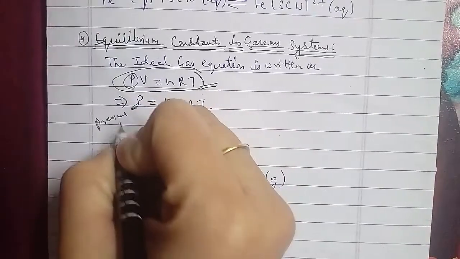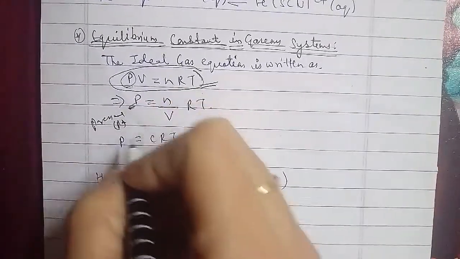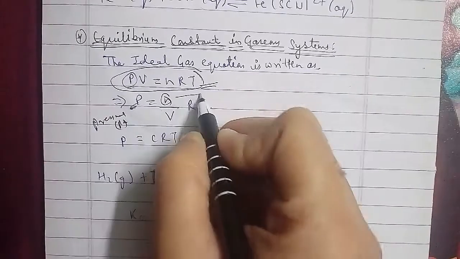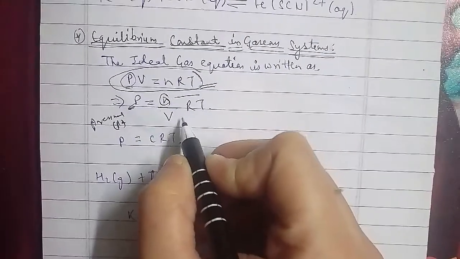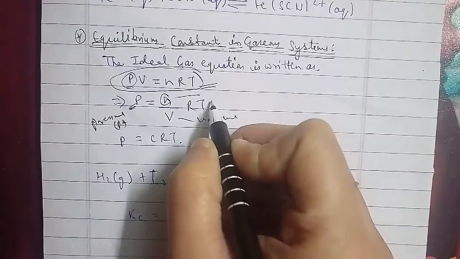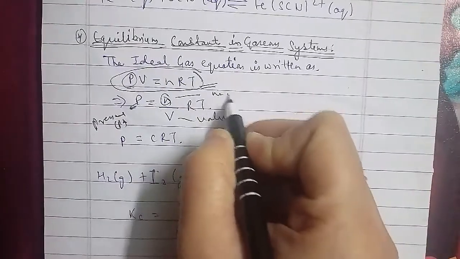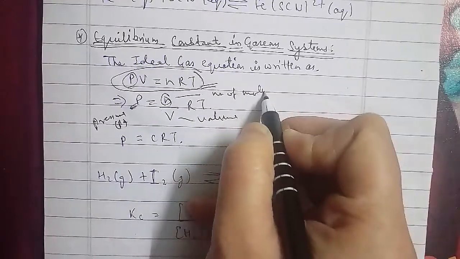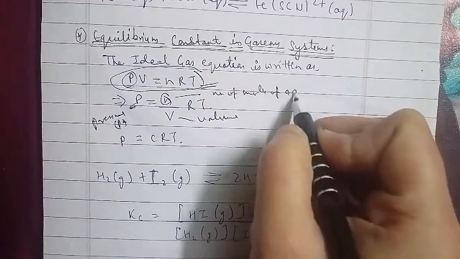So V is a volume in meter cube, and n is your number of moles of gas, and T here is your temperature,